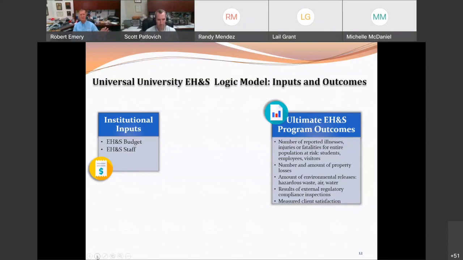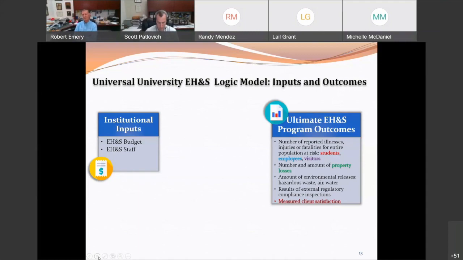So we've got inputs on the left, we've got outcomes on the right, and then in the middle, but let me go to this color coding thing because this is really important. Notice that under the program outcomes, the colors change. And the reason is because for some safety programs, the data resides in different pots.